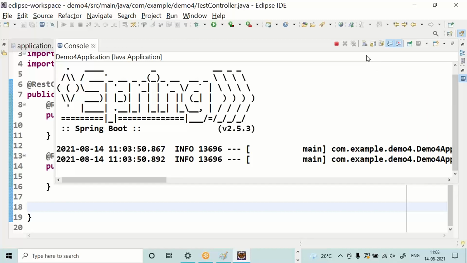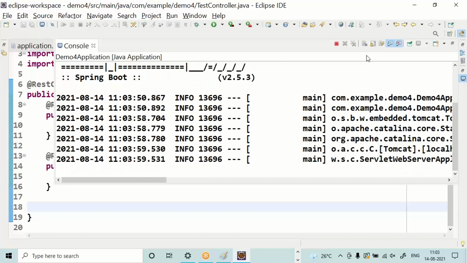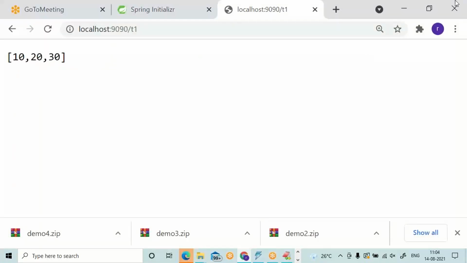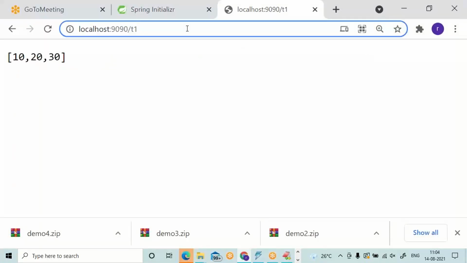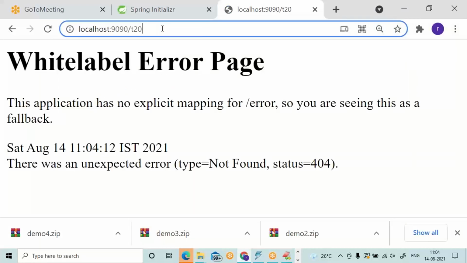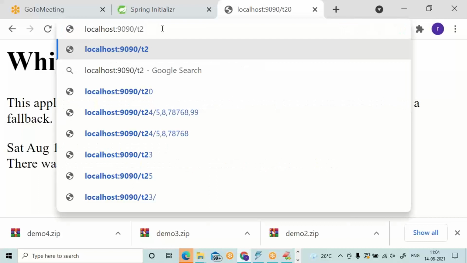We are trying to return a string array. Let's give a call to T2.